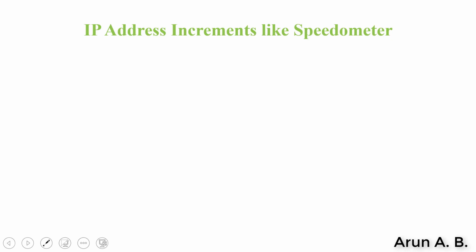Before assigning the IP address, let us learn how these IP addresses are continuously assigned. These IP addresses are just like increments in a speedometer. As you can see in a speedometer, first the least significant digit is incremented, followed by the next significant digit, and the very next significant digit, until the most significant digit is incremented. In a speedometer we have the range from 0 to 9. After that it becomes 10, and from 10 to 99 it becomes 100. Like that, increments will be there.